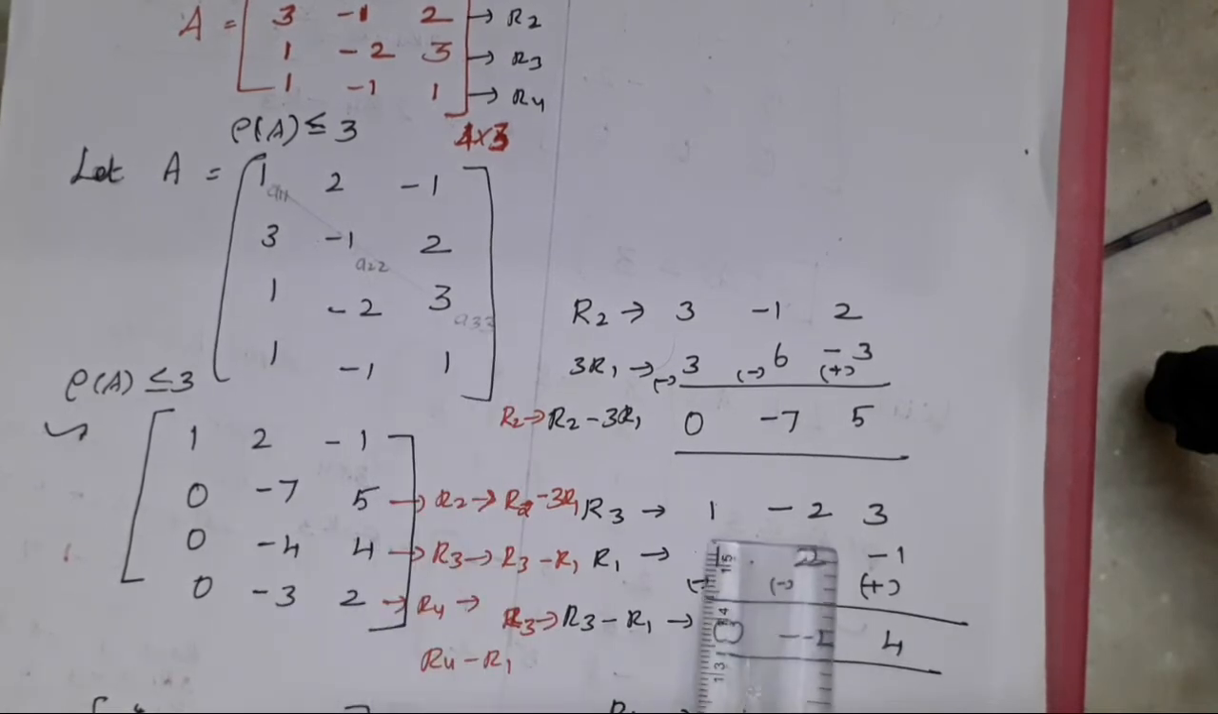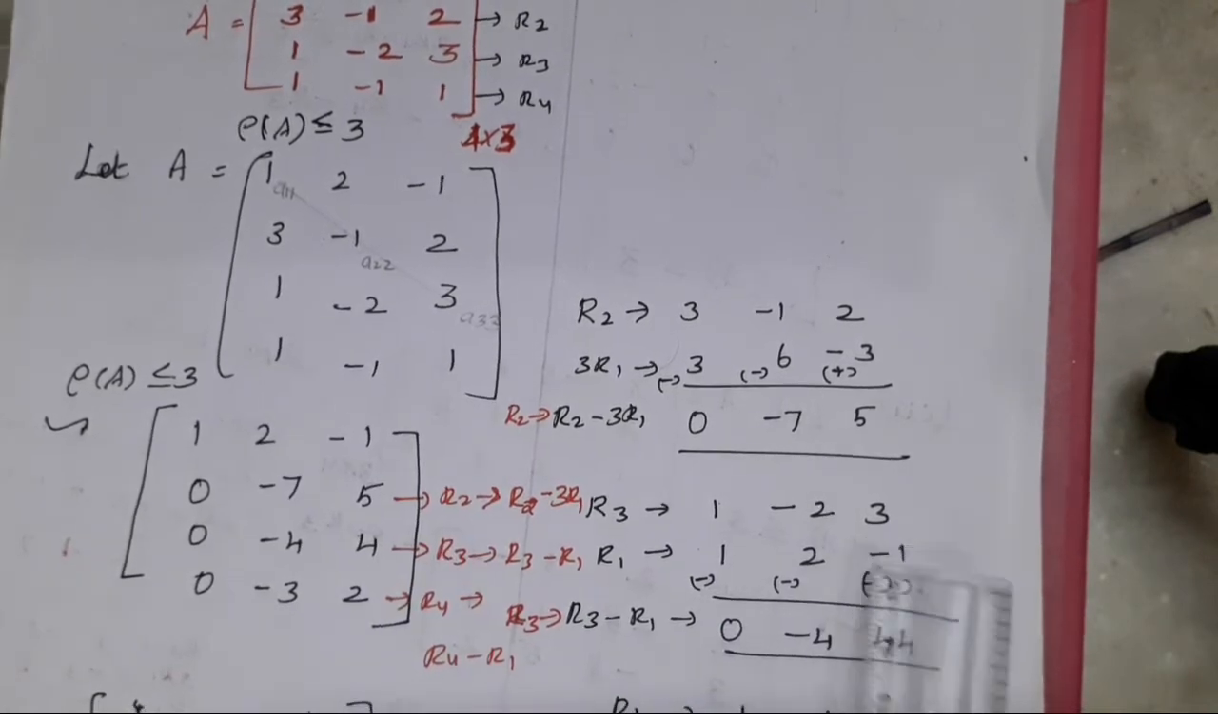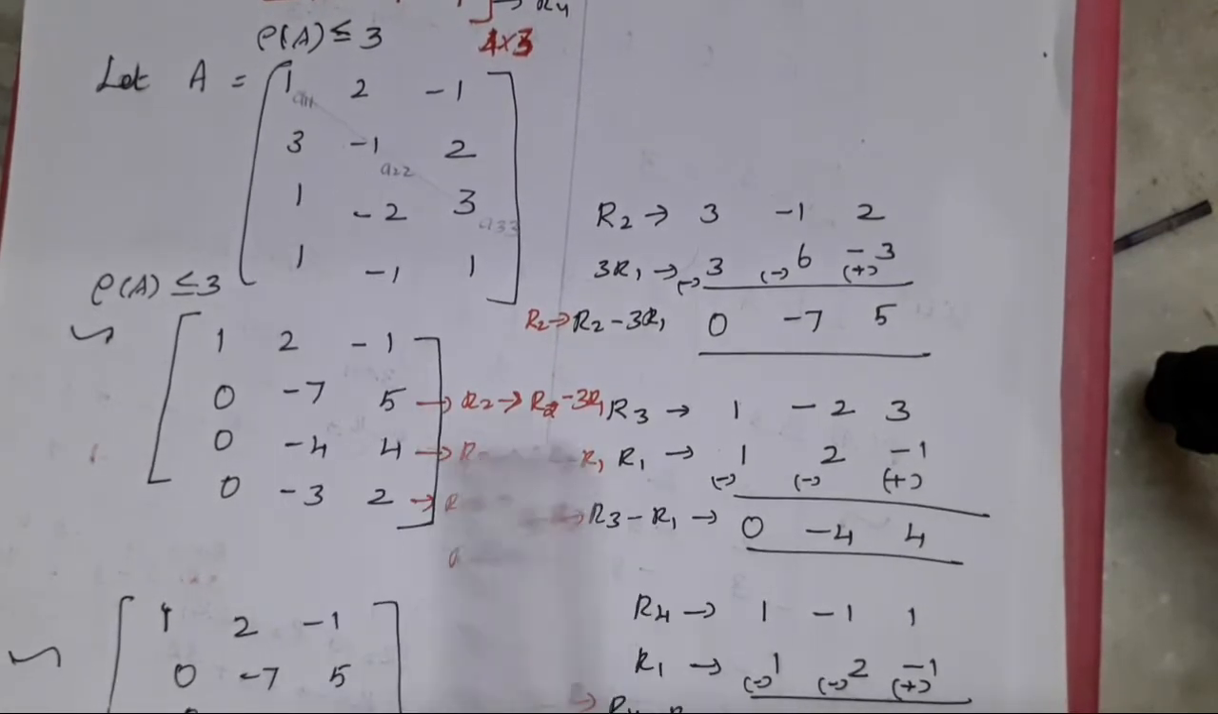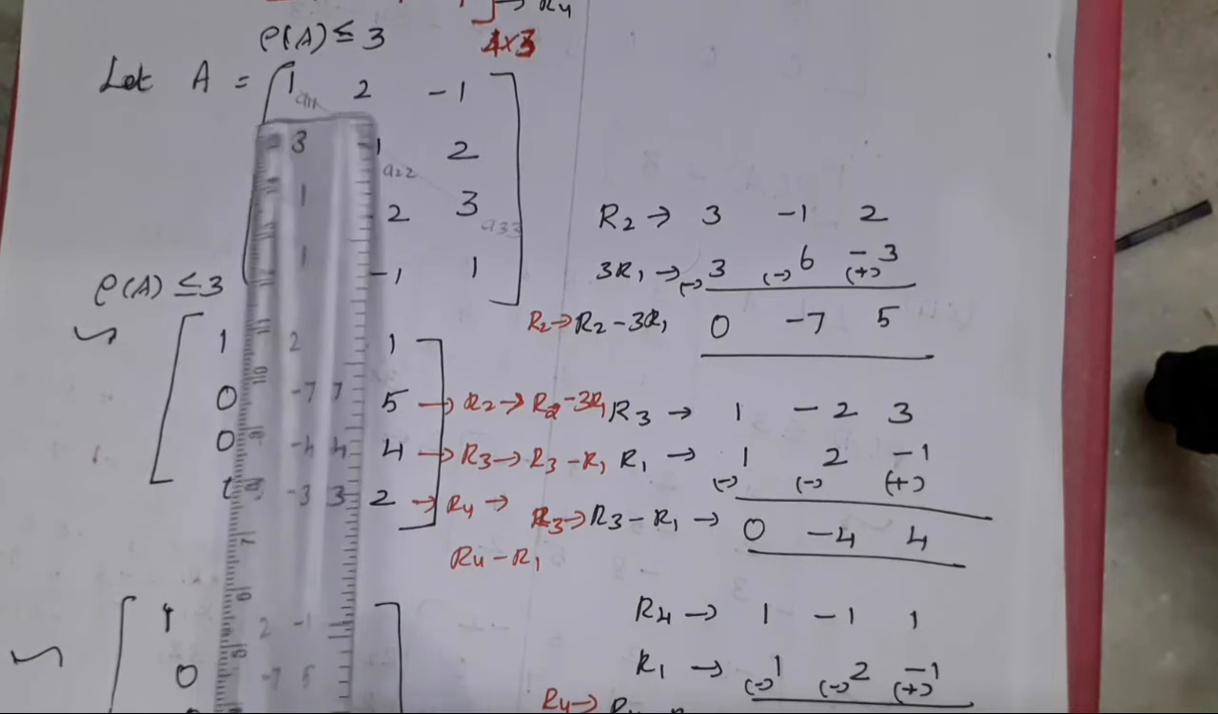R3 is 1 minus 2, 3. Next, what is our R1? Write it the same step. R1 is what? 1,